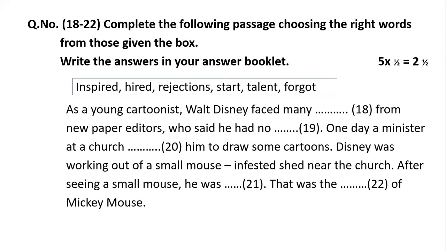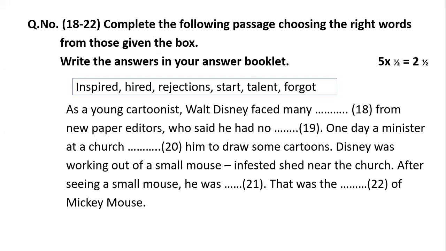But we have to select, we know. Okay? As a young cartoonist, Walt Disney faced many, yes, many rejections. So in your answer booklet, you have to put question number 18 to 22, and beneath that,